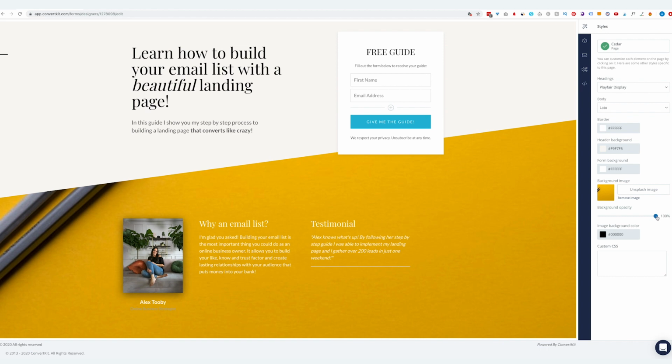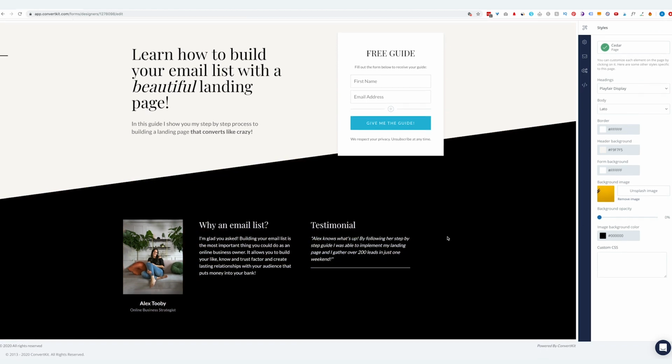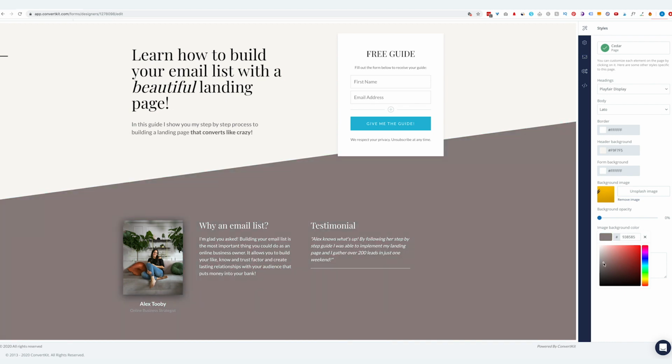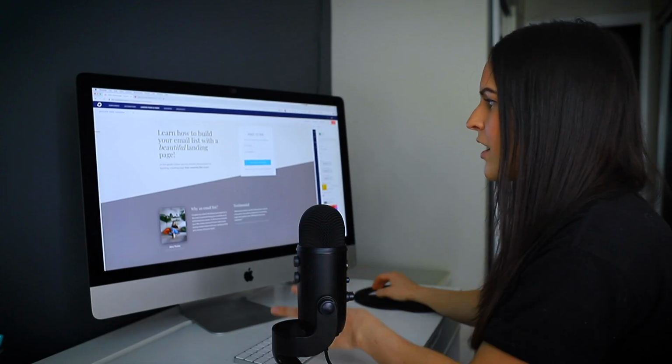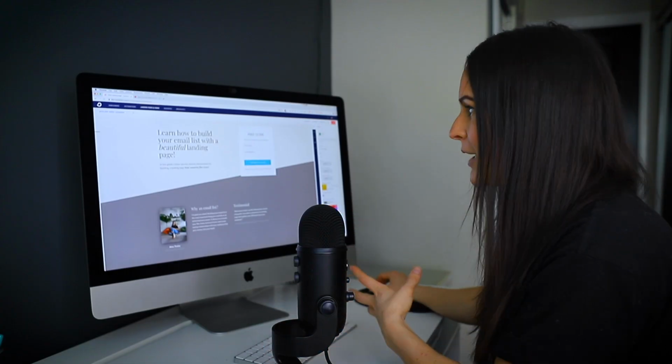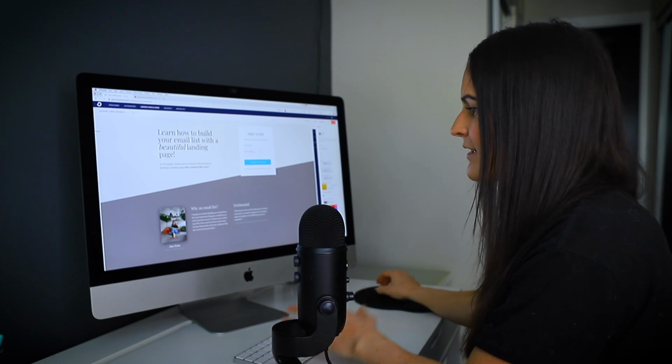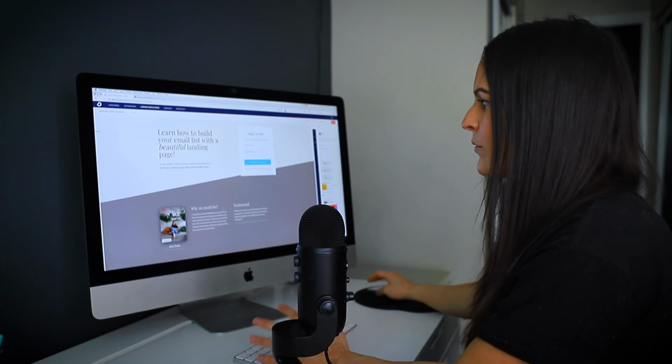Okay, so I'm going to change the opacity of the image down to 0. And now I just have this black background. Now I can go ahead and change that to any color. So maybe something like that, which is nice because it is not taking away from this big blue button that I want you to click, but it's still adding the value that we want to have.